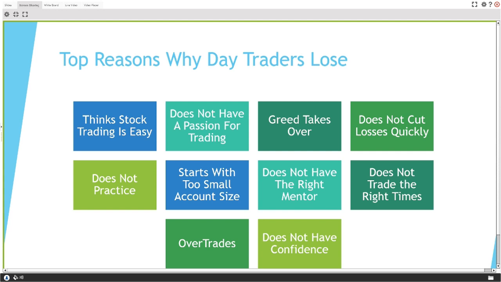I'm not saying you can't day trade if you're around that age, obviously you're more than welcome, but growing up, they didn't have day trading at this time. That's because technology is advancing so much, right? We talked about a lot of reasons why stock traders lose and why day traders lose. Why is there that big statistic, that big chunk of people that lose? And we also talked about how you can avoid being that, what you should know going into the world of day trading.